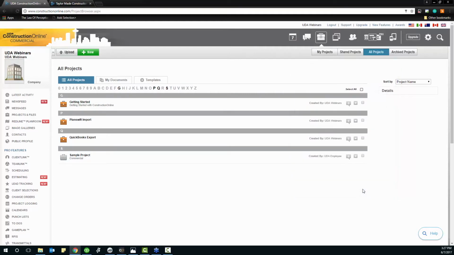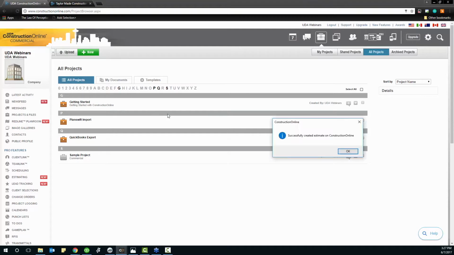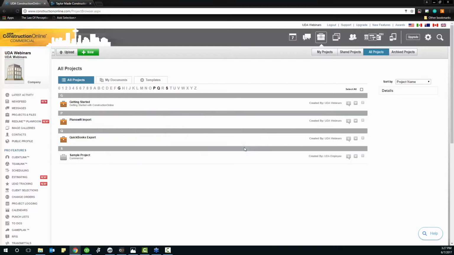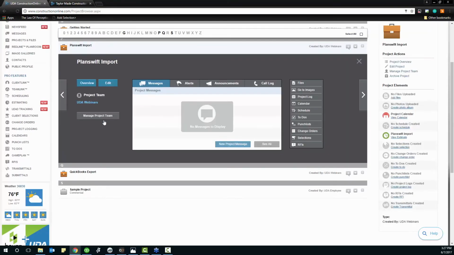Now when I click PlanSwift Import, it's just going to take a moment, go through and scan PlanSwift, put your entire estimate together, and it's really going to do that very quickly. So you'll see I already have this message that it successfully created the estimate. And now if I go into my PlanSwift Import project, go view this estimate,